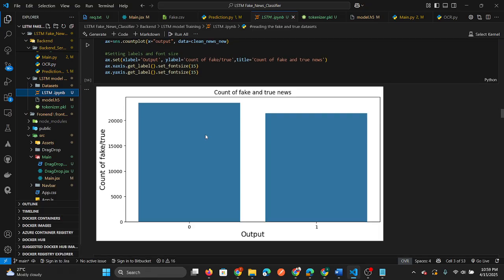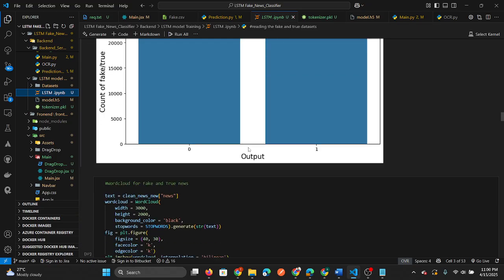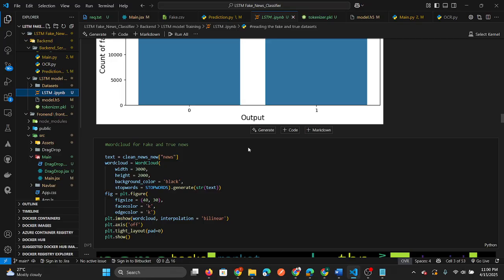Then I used a word cloud to visualize the most common words across all news headlines. This helped identify frequent patterns, and it's also a great visual for presenting to others. So here, then after that, using the text processing of the deep learning input, next I proceed to clean the text for model input. I use